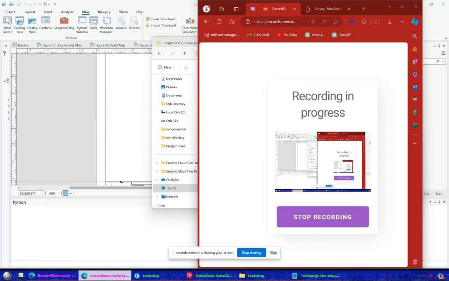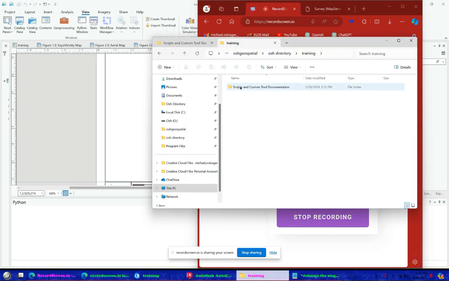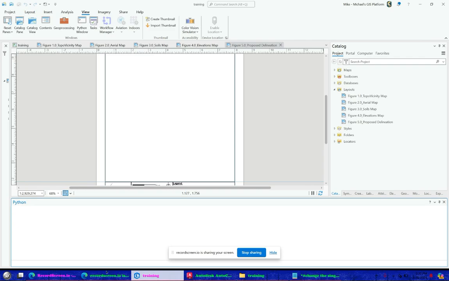Alright, this next part I'm going to explain how to use all these scripts that I've made over time. First one, most time-saving one in my opinion, is export PDFs all at once using Python. All the layouts in this layout pane will be exported, so this must be clean and you must be intentional